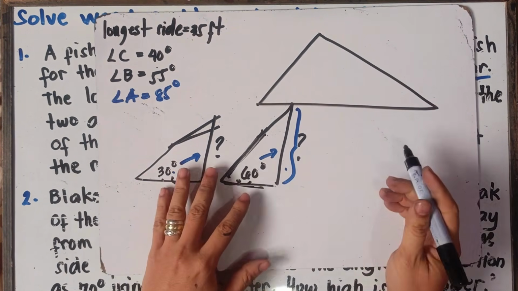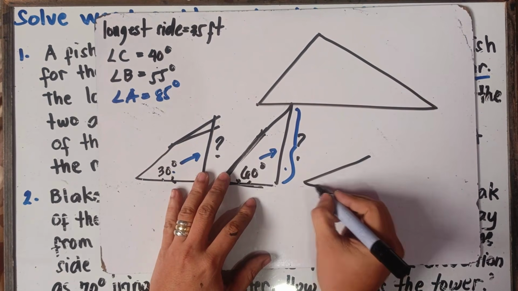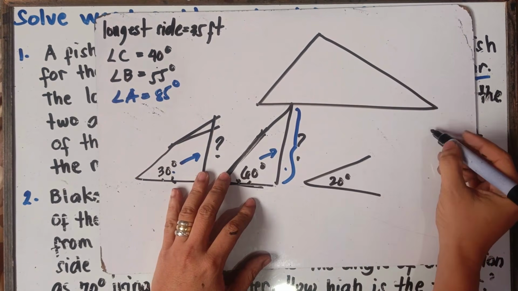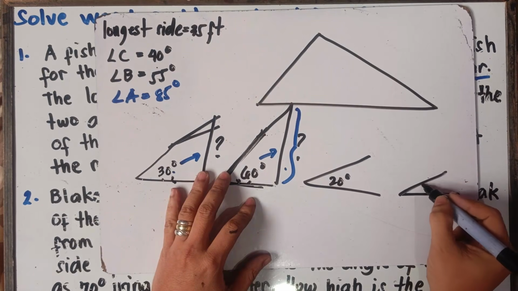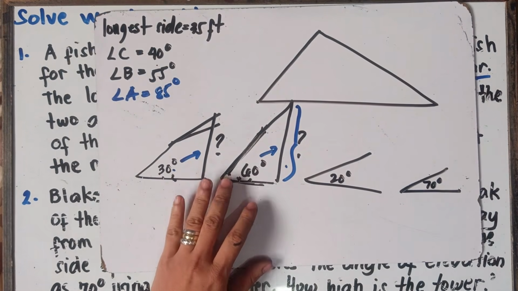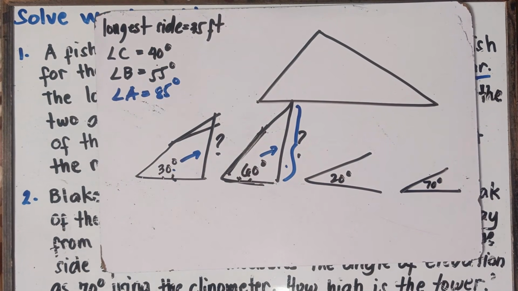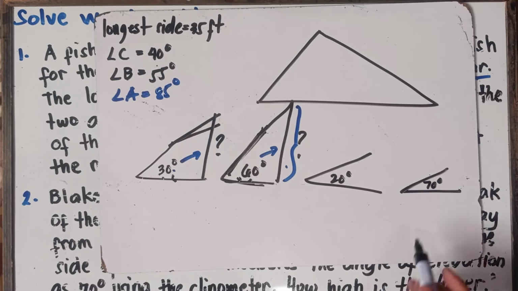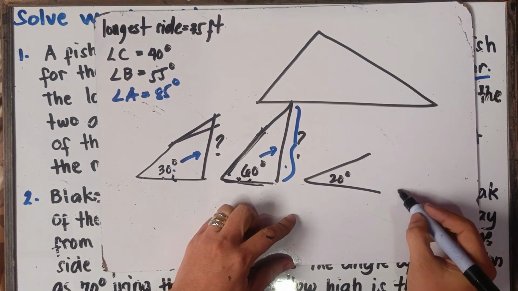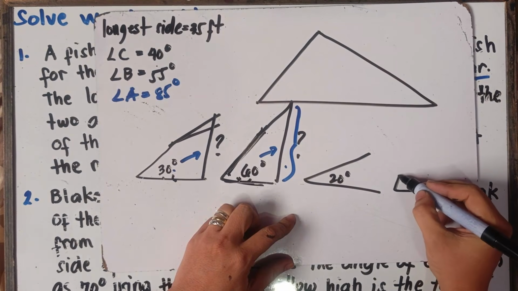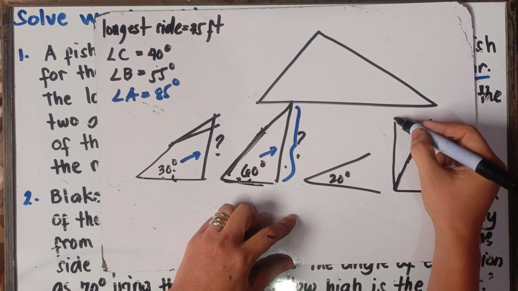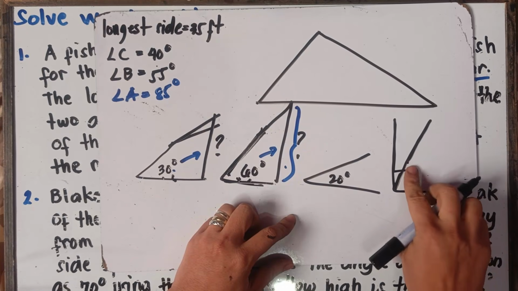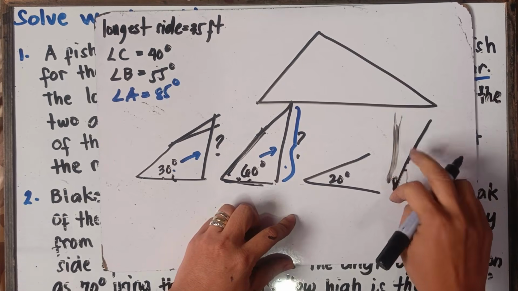Just another example, class. If this is 20 degrees, of course, class, 70 degrees. You can never have an opening of 70 degrees like this. Nope. Even if you use your protractor, 70 degrees is not like this. Therefore, the opening of 70 degrees, class, is like this, I think, because 90 degrees is here, right? 90 degrees forms a box. Therefore, 70 degrees is like this.